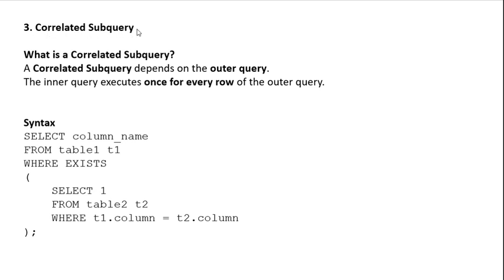The third type is the correlated subquery. What is a correlated subquery? A correlated subquery depends on the outer query, and the inner query is executed once for every row of the outer query. The syntax is: SELECT column_name FROM table_name t1 WHERE EXISTS (SELECT 1 FROM table2 t2 WHERE t1.column = t2.column);